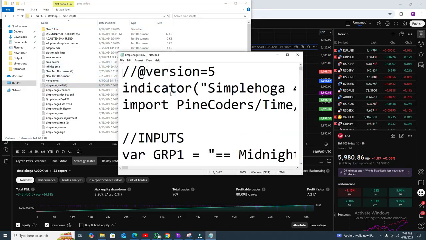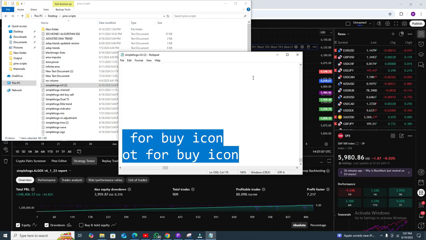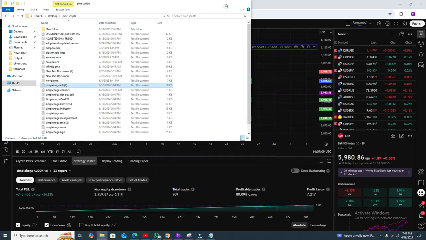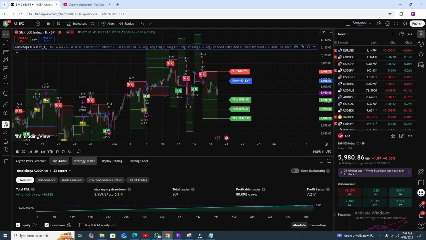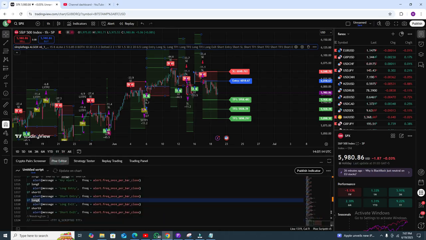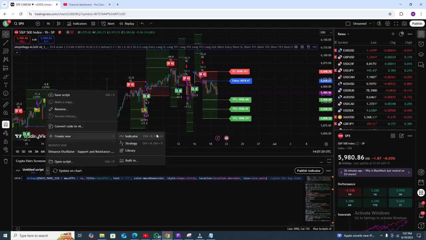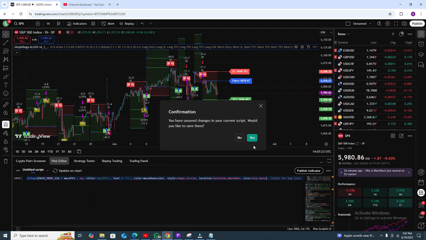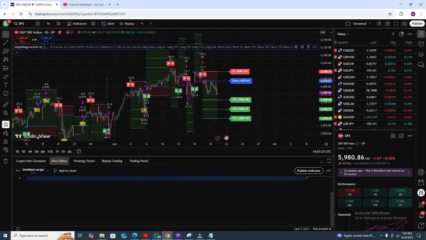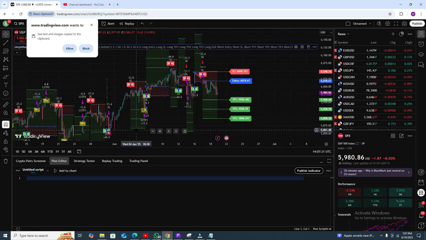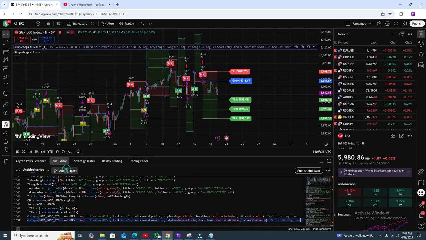You can add the RSI ribbon because we need RSI to get more confirmation. If you want more confirmation, you can add one more indicator. If you want, you can save your chart, press Control A, remove all the code, then paste my code. I will give you a text file, and then click on add to chart, okay.